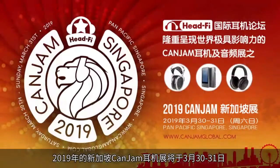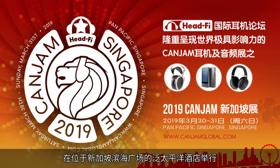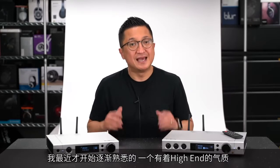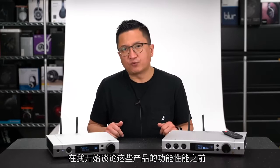CanJam Singapore takes place March 30th and 31st, 2019 at the Pan Pacific Hotel in Marina Square. One brand I only recently became familiar with that has high-end aspirations and the engineering chops to match those aspirations is Matrix Audio. Now, before I get into what's inside of these pieces, I want to first discuss the design